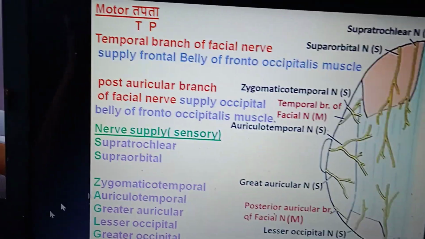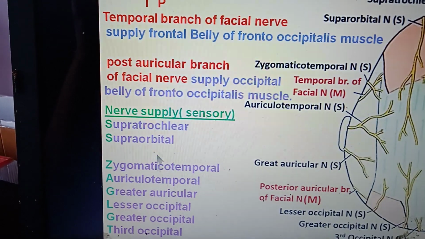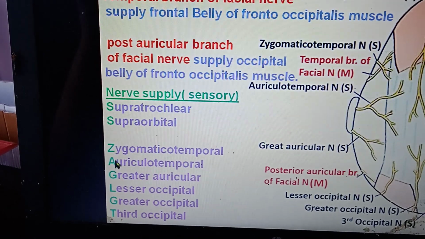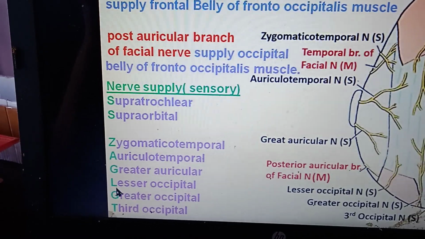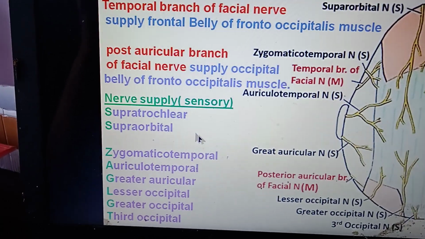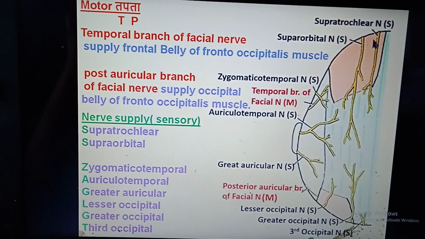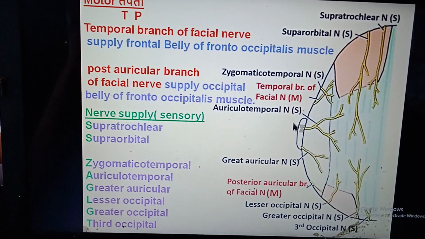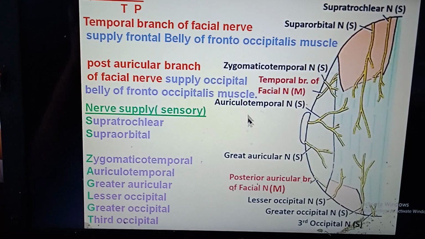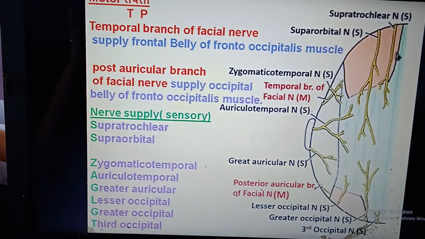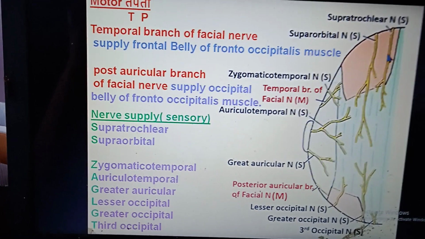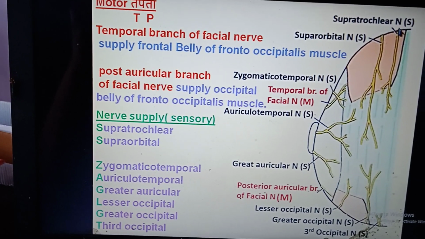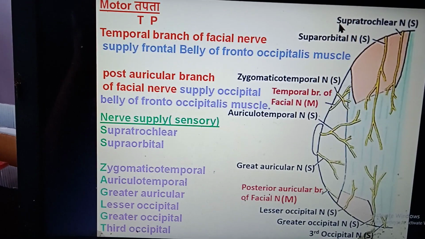Now look here. This is what I am telling about the sensory supply. So, sweet, swan, jag. This is Z-A-G, jag. Let's go to. Up to this much is sensory supply. Here, what we are seeing is the anterior aspect and this is the posterior aspect, and this is a transverse section of the head, and this is the auricle. Okay, so if we progress from anterior to posterior, first there is the supratrochlear nerve. On the medial side, we all know there is the supratrochlear notch, and just by the side of it is the supratrochlear nerve.